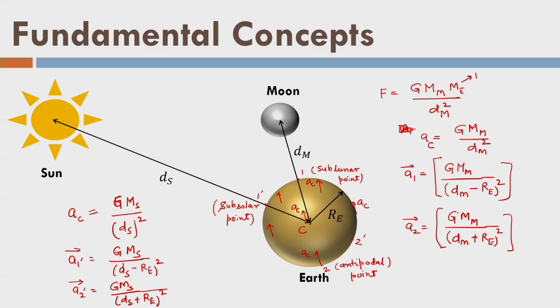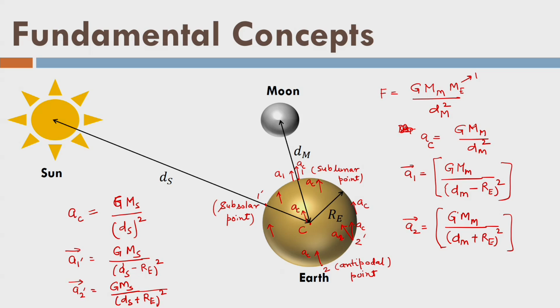Okay, at the same time now, the forces acting because of the moon are working on the surface here. So here at point 1, that is my AC and that is my A1. This is my AC and this is point A1. Similarly, at any other point I can mark this direction towards the moon. That means this is my AC here, and if I draw the direction towards the moon, this is my A.